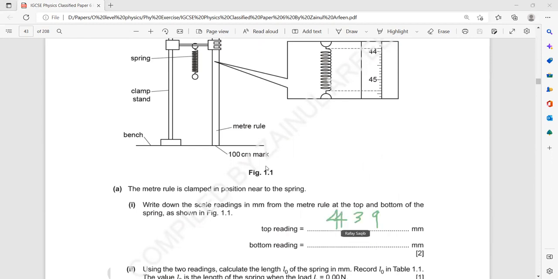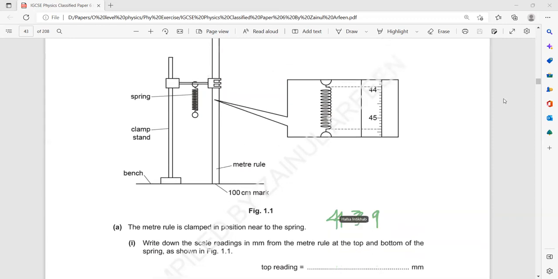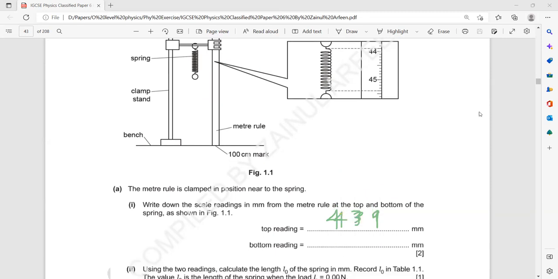It's not exactly at 44. It is 43.9. This point, if you see the top reading, it's not at 44. It is above 44. So it is like 43.9. So 43.9 centimeter, but the answer we have to write in millimeter. So we multiply by 10. So it will become 439